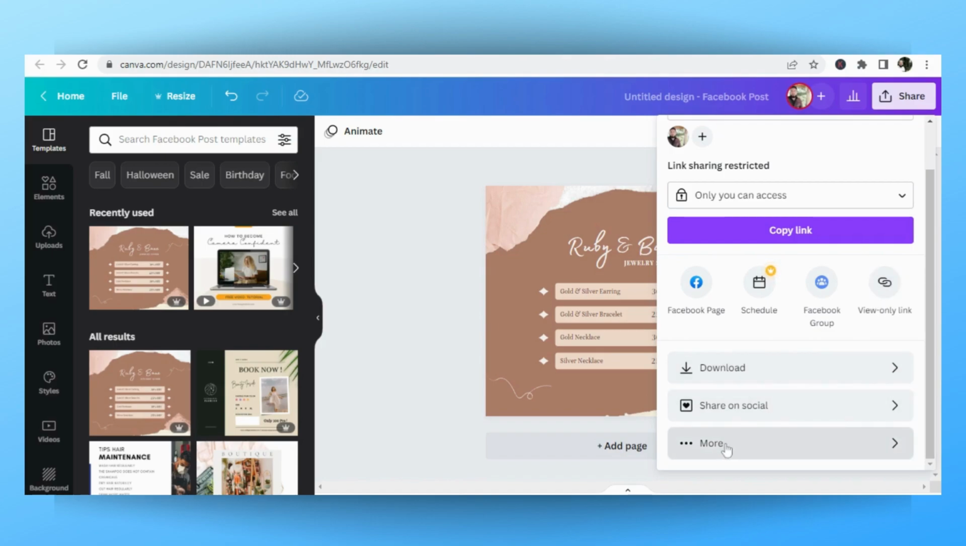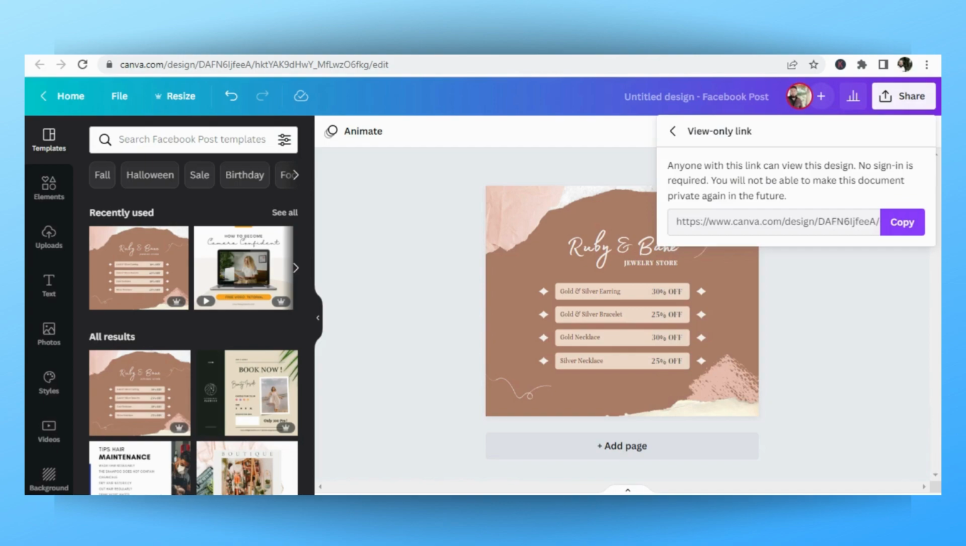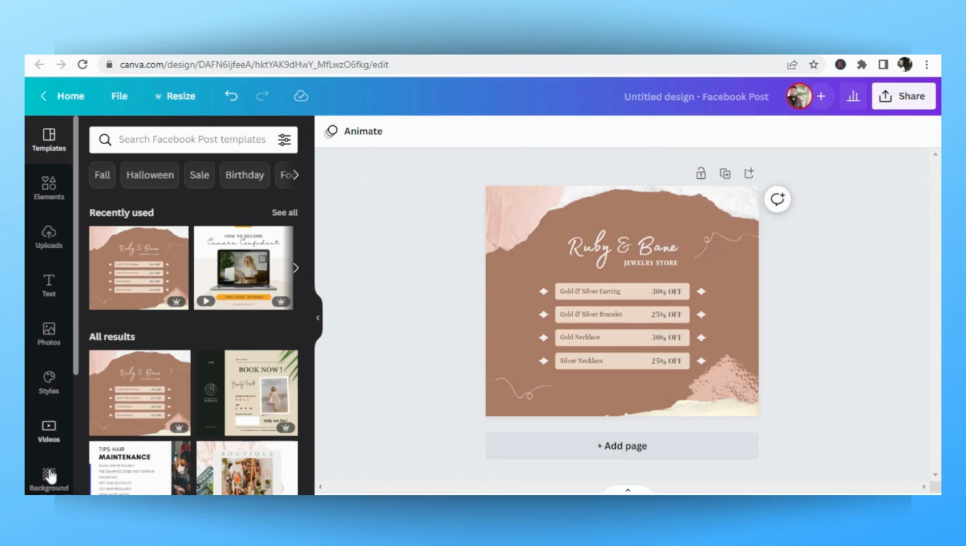link. But if you want your clients or your friends to be able to edit your design, then you need to select the template link, and whatever link you decide, you just need to copy it, like from here, and then you need to come here